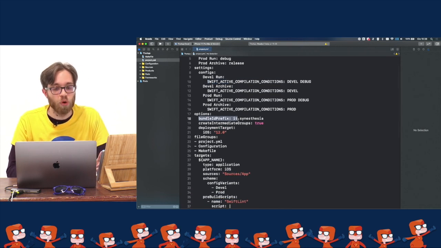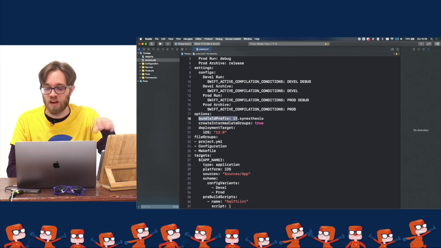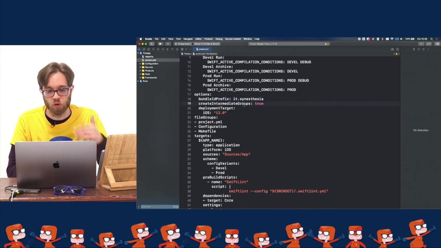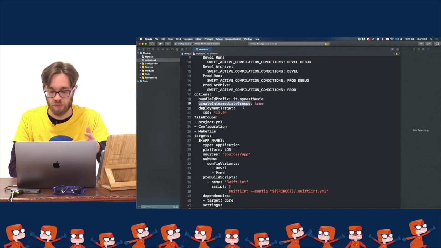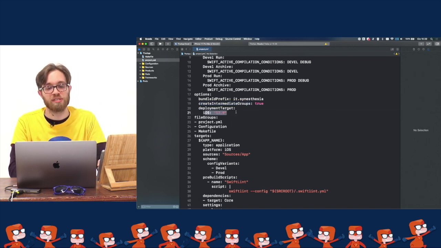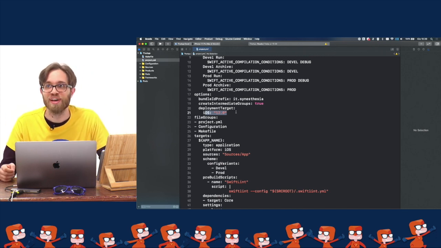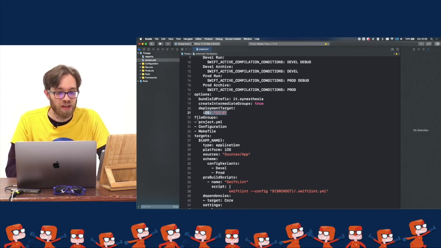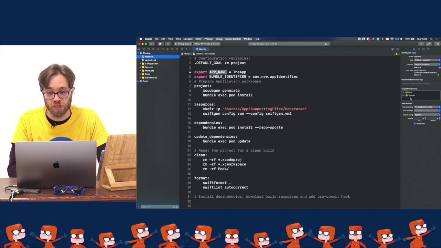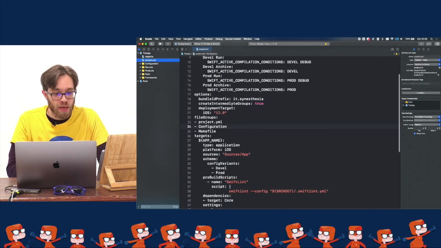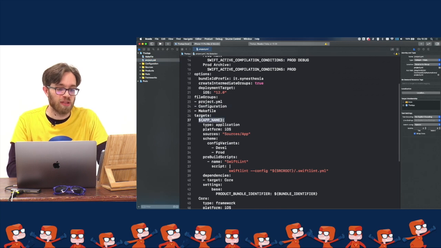Next, I'm telling it I want a bundle prefix for the app, and to create intermediate groups. This is pretty standard stuff to use. Most important is I want iOS 12. I'm not using SwiftUI and scene delegates and whatsoever in this demo. Sorry about that, but you will have lots of other talks to learn about that today. File groups means that I want these 3 files, Makefile, project, and configuration in my root folder, but not included in any target. And next, I'm defining my app target